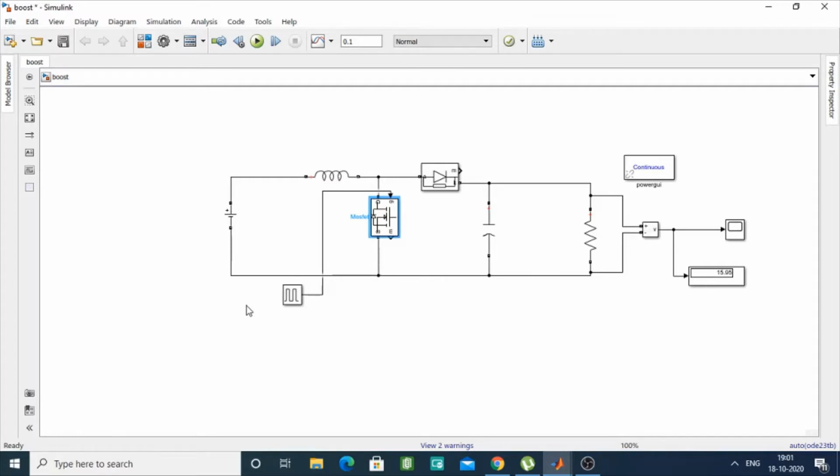It is a class of switched mode power supply, also known as SMPS, containing at least two semiconductors, a diode and a transistor, and at least one energy storage element: a capacitor, an inductor, or the two in combination, like the one that I've made, where I've used both a capacitor and an inductor.